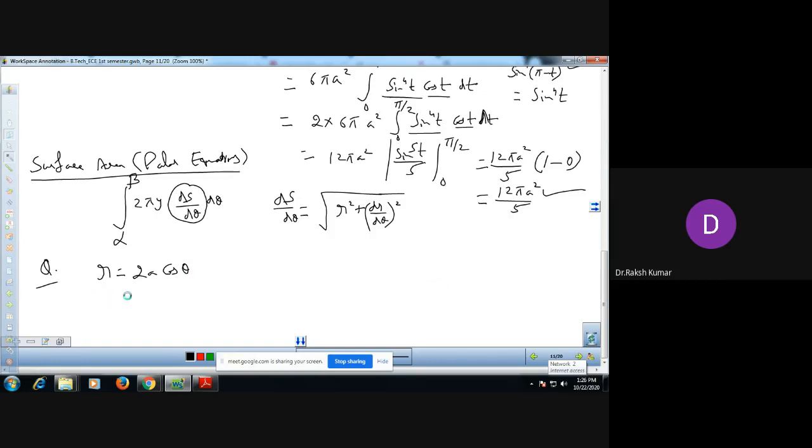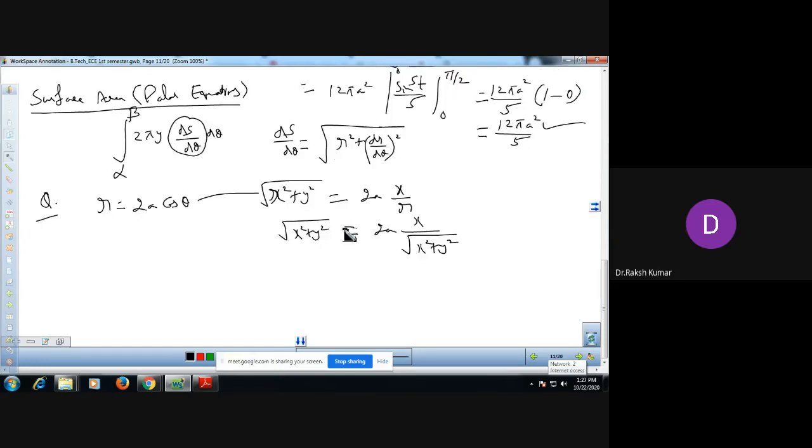It is clear. This is the equation of a circle. You can substitute the value. We know that r is the square root of x square plus y square, that is 2a. Cos theta is x over r. And you all know what r is again. This is the square root of x square plus y square. This is 2a x over the square root of x square plus y square. So ultimately, this is the equation of a circle in polar. You just see when you multiply it, x square plus y square minus 2ax equal to 0.